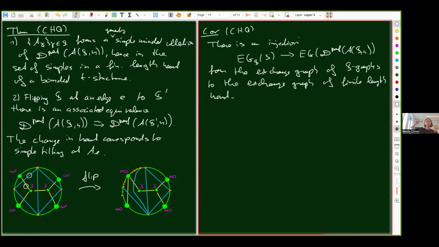The nodes of this graph would be the S graphs or the finite length hearts, and the connections between the nodes would be given by flips slash tilts. So whenever I tilt a finite length heart, I would connect to nodes in this graph, and then the corollary is that this one graph is a subgraph of the other graph. It's actually a connected component even, or a union of connected components. And because this exchange graph of S graphs is the skeleton